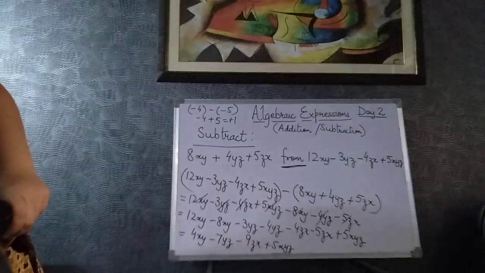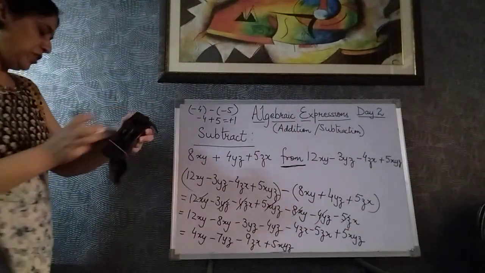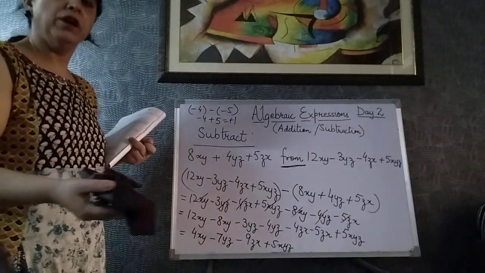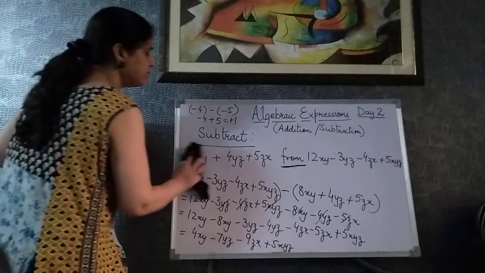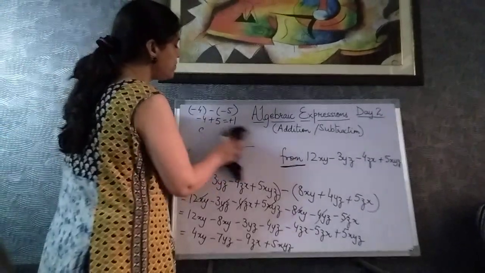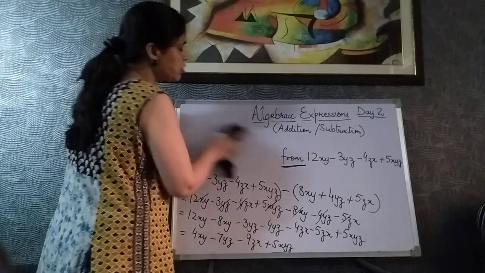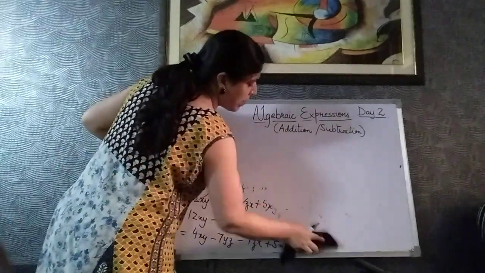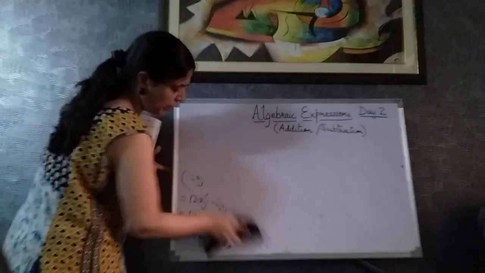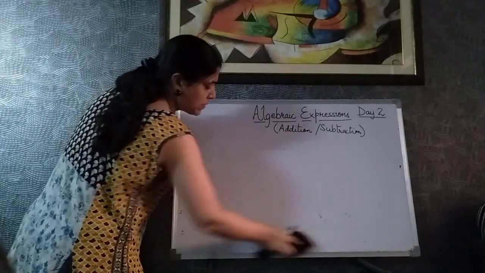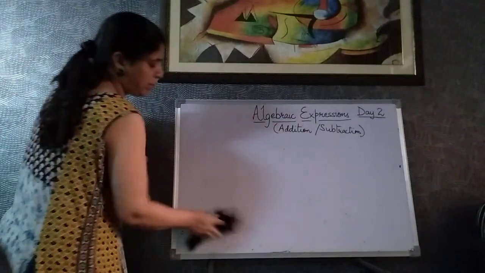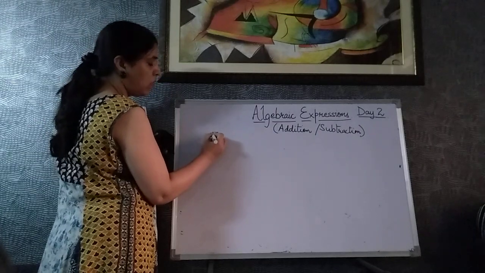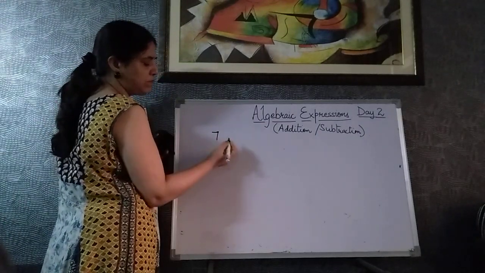Next is a question in your book. What must be subtracted from a given expression to give another expression? Let us take a simple thing here. We should go by small numbers. What should be subtracted from 5 to get 7? Can something be subtracted from 5 to get 7? Or what should be subtracted if I take a simple number?